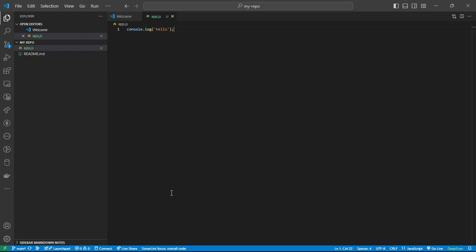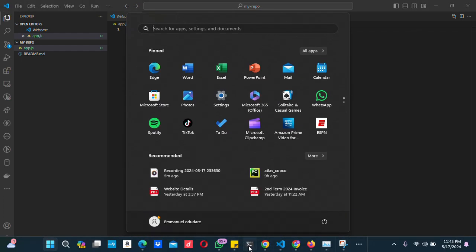Now there are two repositories, the local and the remote. The remote could be on another machine, like GitHub, Bitbucket, or any self-hosted repository. So we have the remote, and we have the local, which is your device. When you clone, remember, we're just making a copy of what we have on GitHub. For the most part, we will need to synchronize it with what we have remotely. So if we go to our terminal,